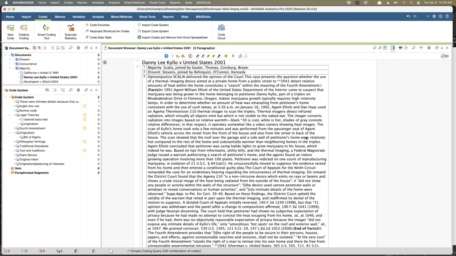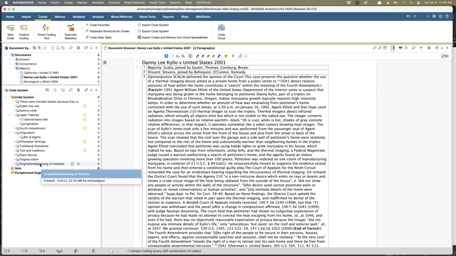Now, to be perfectly honest with you, if I were doing this, I would have structured that coding system with the subcodes intentionally, but I want to show you how to do this on your own. So I sort of made errors. Notice the error I made. Originalism / balancing of interests did not put this the way Bill of Rights was put under originalism.